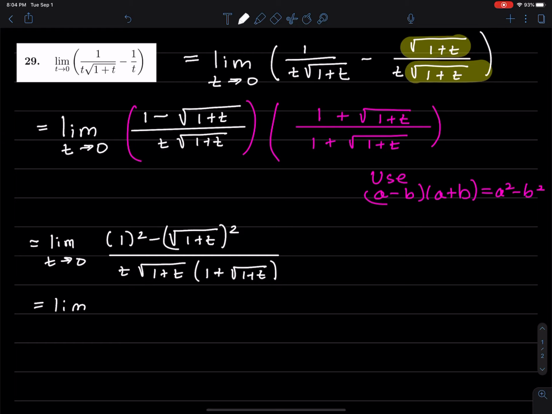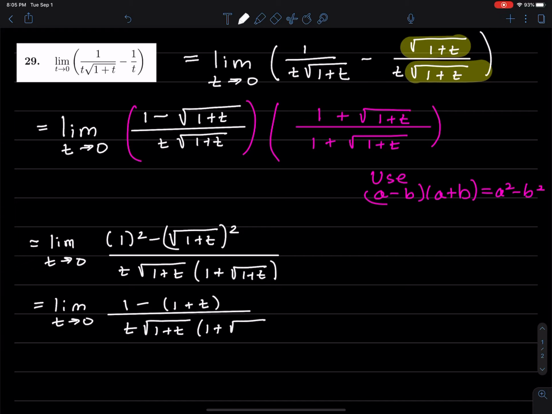Because of the way that a minus b times a plus b makes a squared minus b squared, and the numerator to get 1 minus, keep the parentheses there. If we don't, it could cause trouble. We have radical squared, so the radical and squared cancel out. Then, what's going to happen? Well, let's just follow the steps, and I think we'll see that